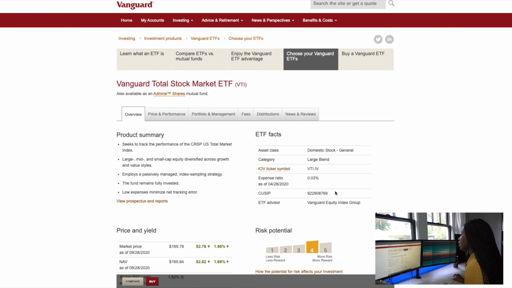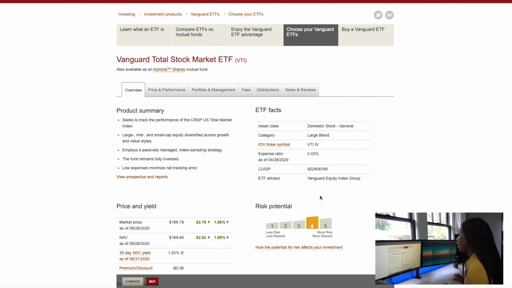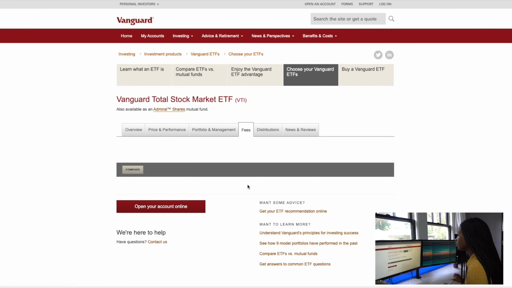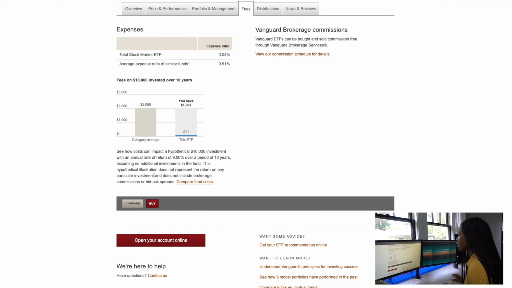And also you can see here, there is no minimum amount. And if we go to fees, as you can see, it doesn't have any redemption fee or any sales load or any of that 12B1 crap. So with ETFs, you just get the expense ratio and that's it.